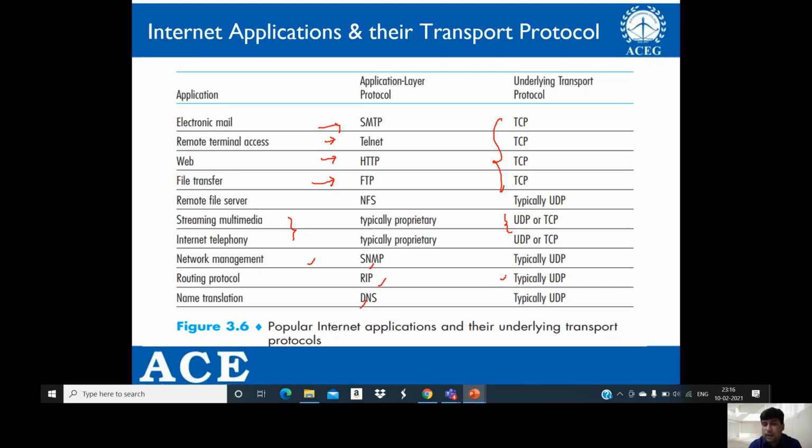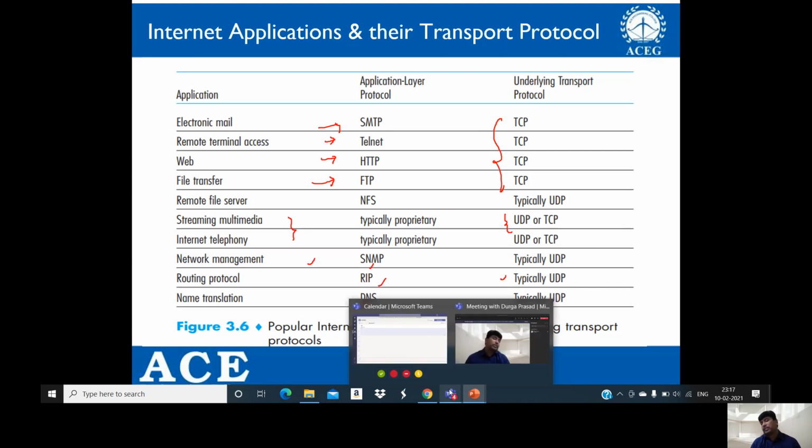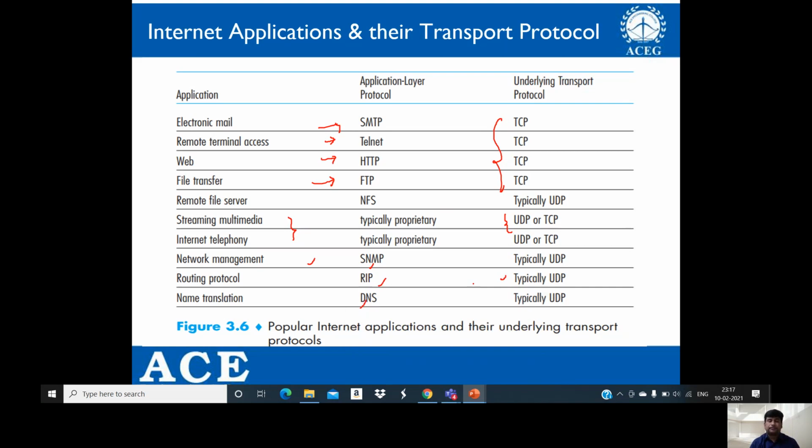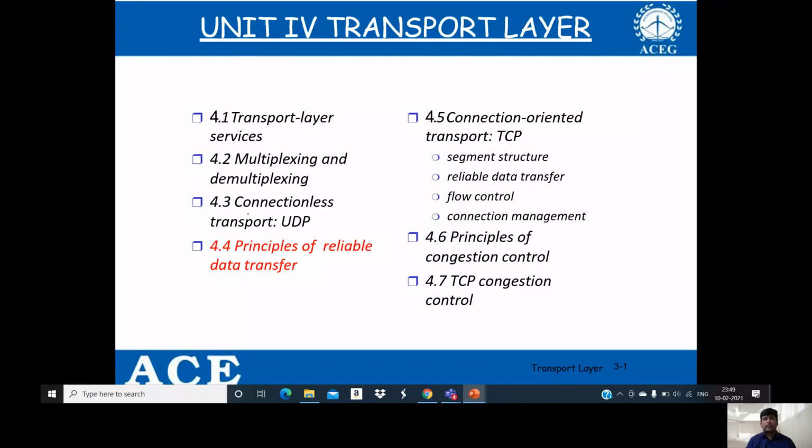So we have an option between TCP and UDP, and which one has to be used depends on the particular application for which we have been using. If we want a minimum delay, we are going to prefer UDP. Before we move ahead to the connection oriented Transmission Control Protocol, we would like to